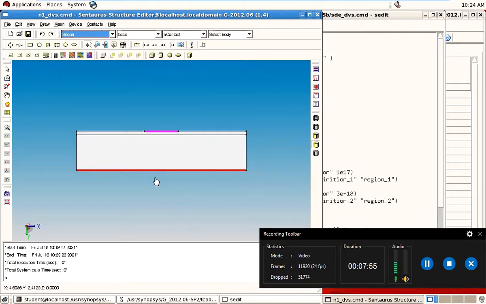If we make any changes in the interactive mode, we will save the file again and again, but in the batch mode we don't need to save the file, it will automatically save the file. That's why the batch mode is more effective than the interactive mode, because it saves a lot of time. So in the next tutorial we will see how we can work with the batch mode file.